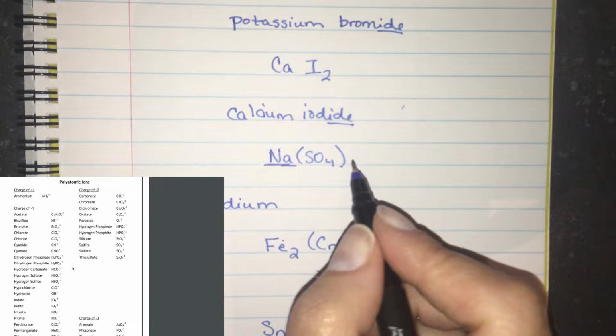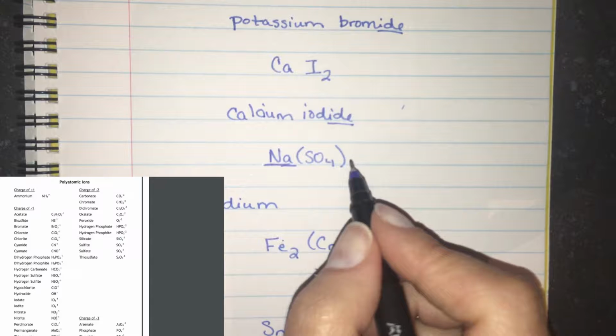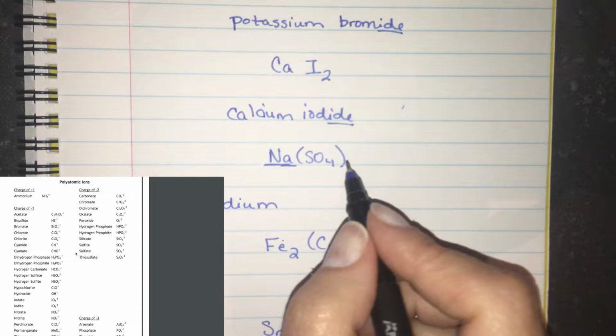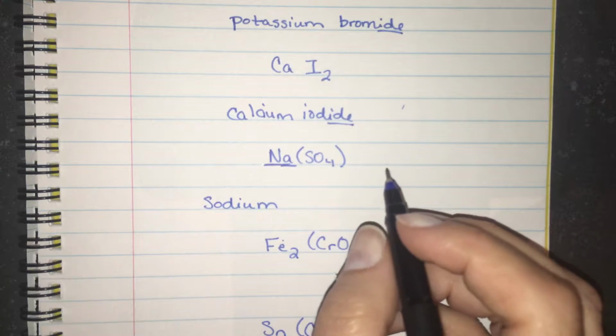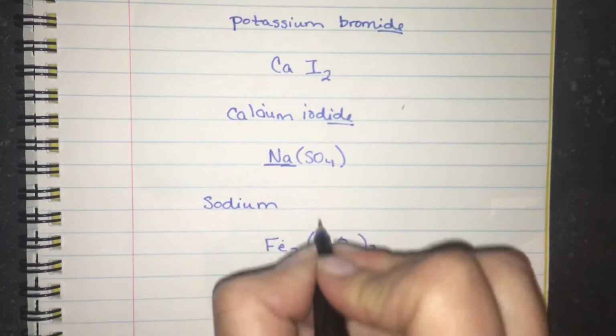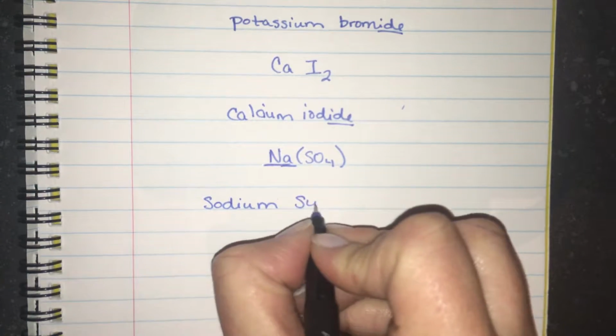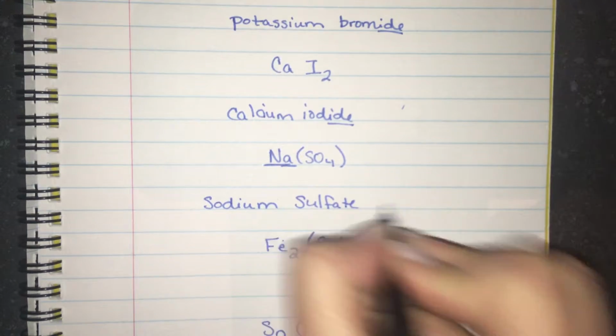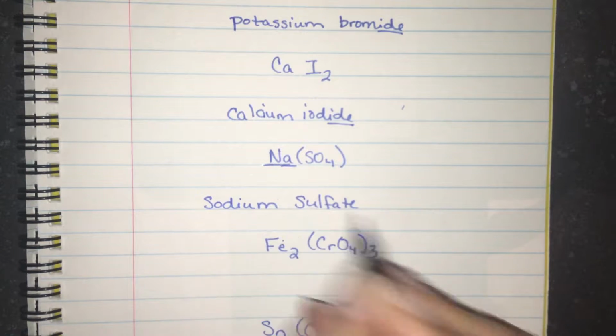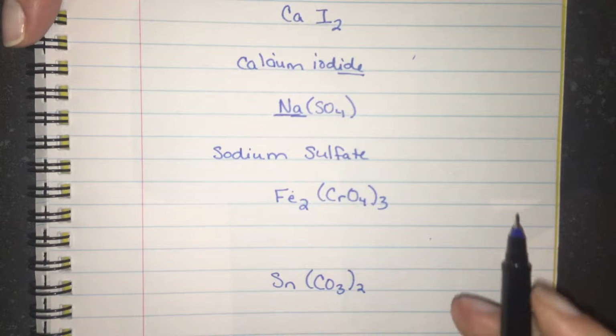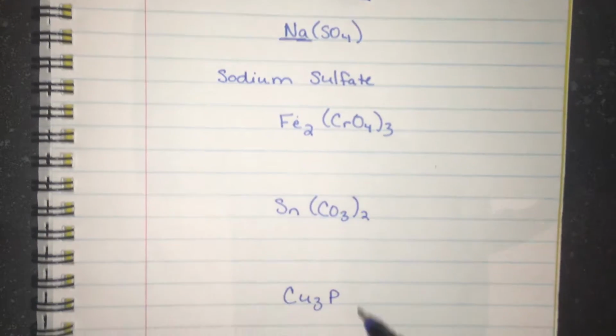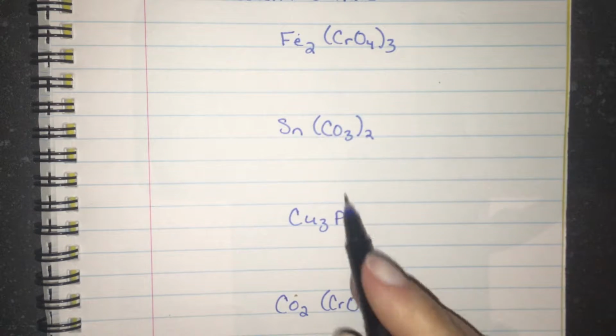SO4, let's find it on the polyatomic ion sheet. Here it is. It's sulfate, okay? So SO4, sulfate. There. So sodium sulfate. That's it. That's all you have to do when you name it. Now the last four,